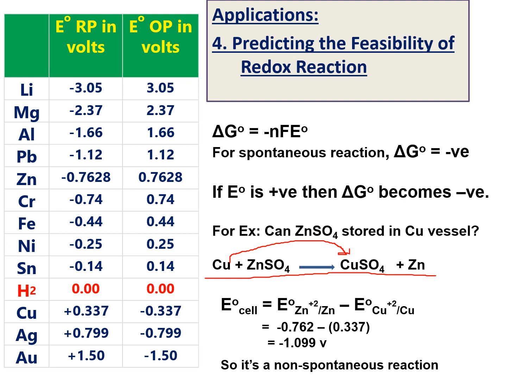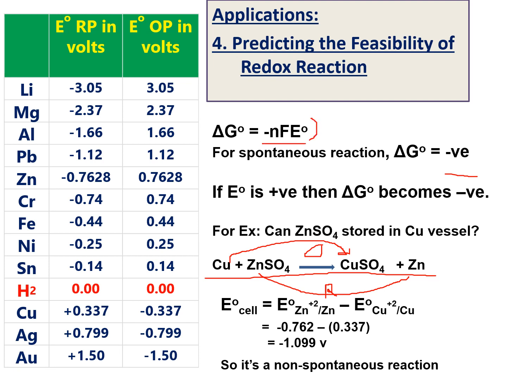That means copper 0 converting into copper plus 2, that is an oxidation reaction. Here zinc sulfate is converting into zinc, that means zinc plus 2 is converting into zinc 0, that is a reduction reaction. Is this reaction possible or not? We can answer by using the electrochemical series. According to thermodynamics, if the Gibbs free energy of a reaction is negative, then that reaction is spontaneous. So delta G naught should be a negative value. Delta G naught is equal to minus nFE naught.